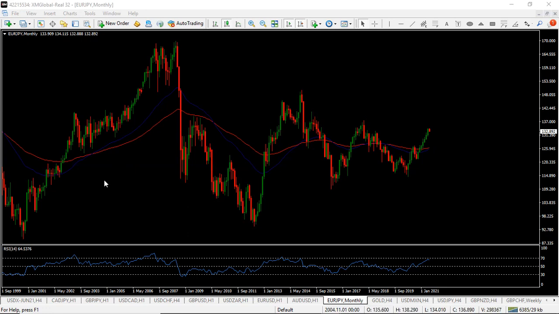So what we do is we check from the monthly. We only use 2 moving averages and the RSI. Those are the only indicators that we use. So as you can see, this is our chart. What we do first of all, guys, when we are analyzing the market,